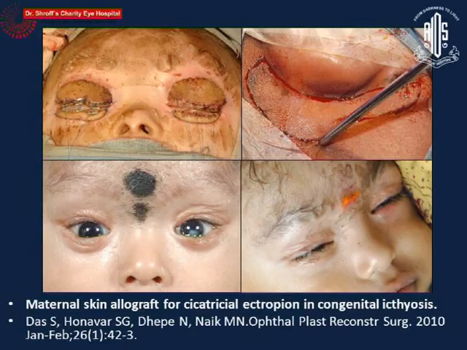Another technique, which was part of my fellowship study, what we did, like in ichthyosis patient, the problem is getting healthy skin to do a grafting in these children. So that always used to be a problem, especially in cases where the child has 4 eyelid ectropion with corneal exposure, where you have to do something on an emergency basis. So we actually started doing maternal skin allograft for these children, and some of them have done actually very good. As we can see in these children, over a period of follow-up, the color and the matching of the skin color of the graft is very good, and functionally also, the child was doing quite well.